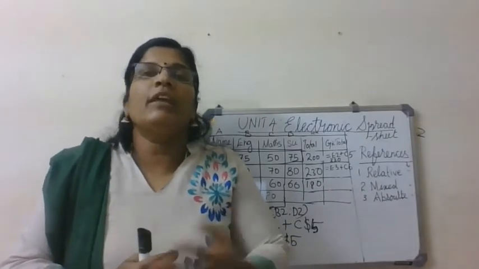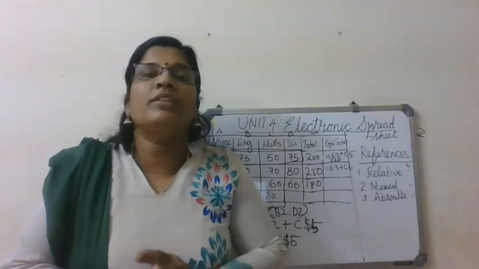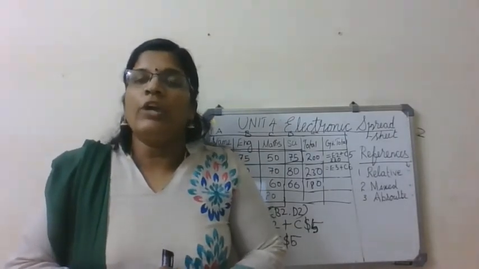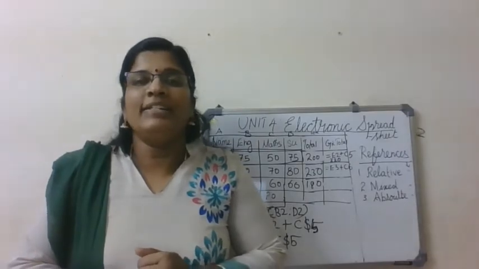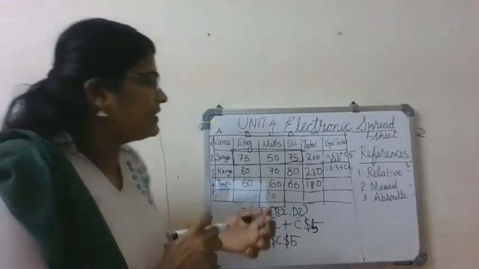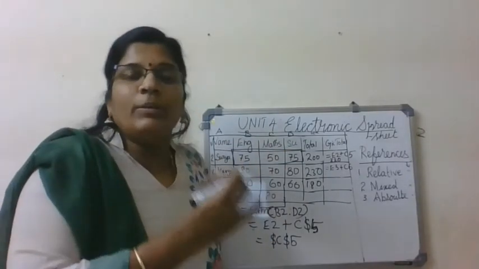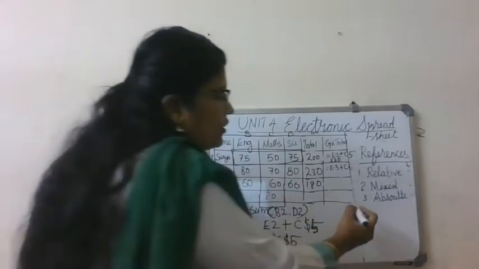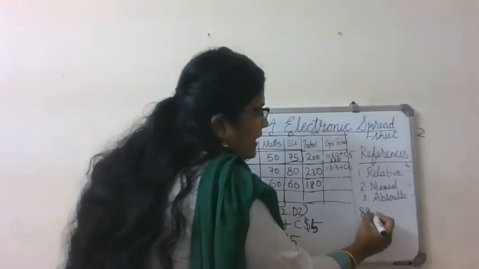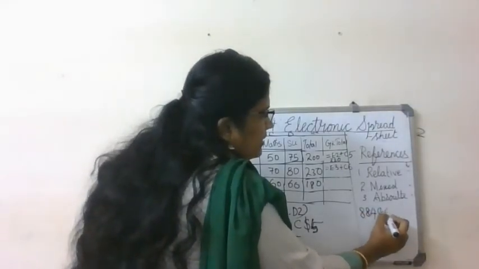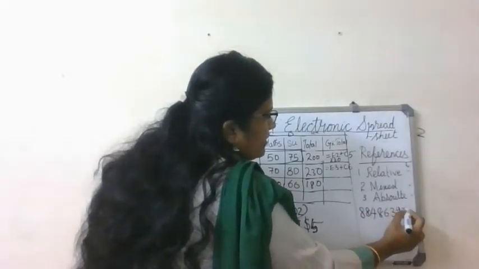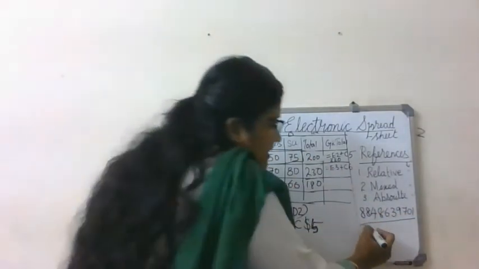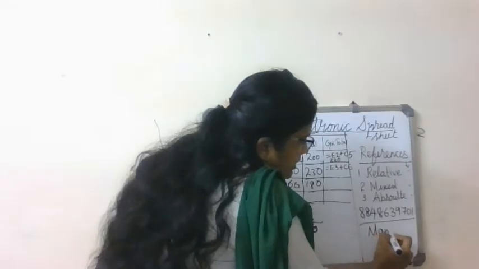Okay, so if you have saved it as computer teacher, please edit it today itself and save it with the name Mangai teacher. I hope everyone has my number. Am I right? That's good. If you don't have it, just write it. Save my number with my name, Mangai teacher. Don't write computer teacher. Save it with Mangai teacher. My number is 8848639701. This is my number. Save it as Mangai teacher.